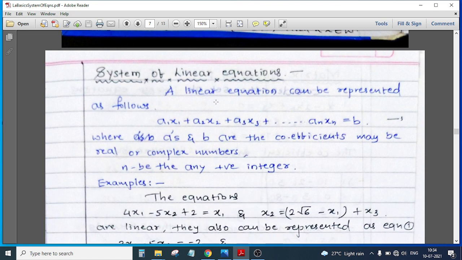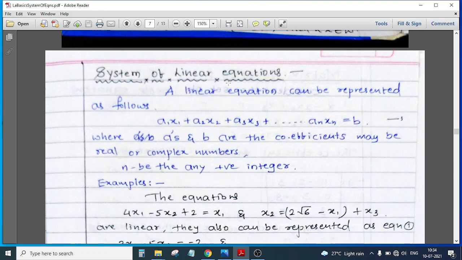So today, in continuation with the previous class wherein we have started with our linear algebra concepts, moving ahead we'll try to understand what are these systems of linear equations. In the previous class we went through what actually linear algebra is and what matrices are. We have also gone through some of the concepts of abstract algebra. All those things have been covered in the previous class, so I hope you have seen the previous video.